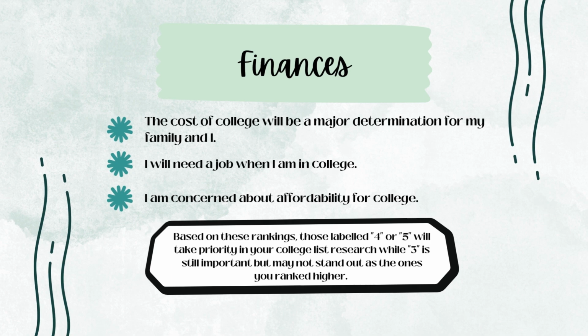And you may see some of these statements are similar to each other. So you can start to pull out these themes when you're doing your college list. So maybe you ranked a lot of 5s around having a campus that has a lot of opportunities to study. So again, maybe you want a campus that has a lot of majors. It's a big school, a lot of support there for you to figure out what you want to do